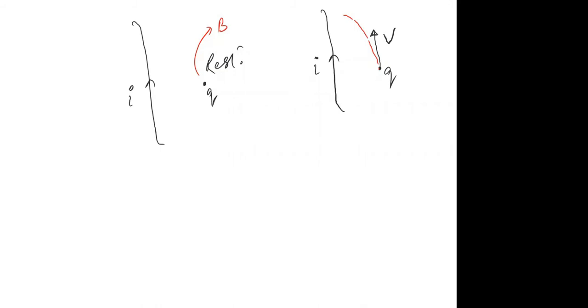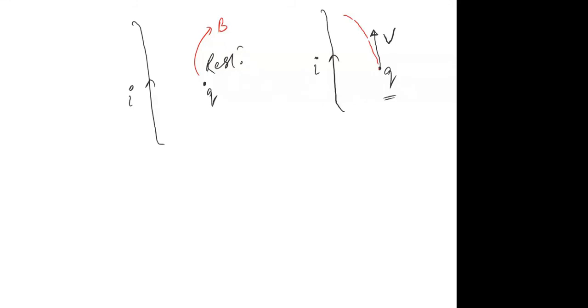Because there is a deflection in the path of this charge. And you know very well from class 11th and from Newton's laws of motion, if there is no force, a body will not be deflected. It will continue to move on a straight line. If the path of a body is changing, it means there is some force which is changing its path, right? This is also known as inertia of direction. It means there is some force acting on this charge now. There was no force when the charge was at rest, but there is a force when the charge is in motion.